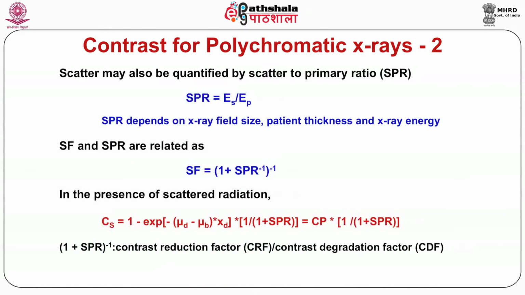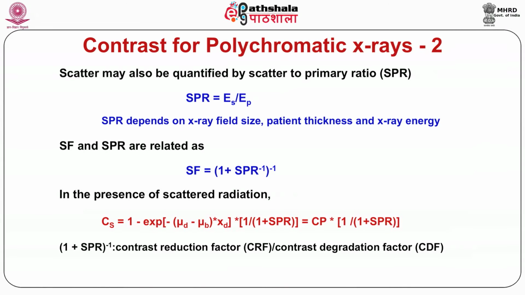To continue the contrast for polychromatic X-rays, a scatter may also be quantified by a scatter to primary ratio, SPR. SPR is given as ES upon EP. SPR depends on X-ray field size, patient thickness and X-ray energy. SF, that is a scatter fraction, and SPR are related as SF is equal to (1 plus 1 upon SPR)